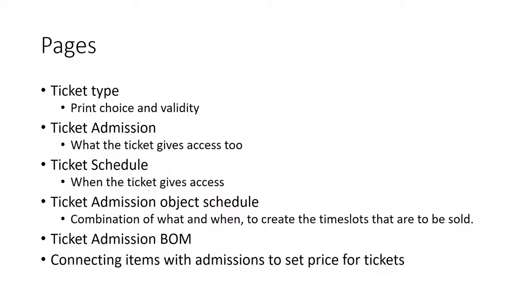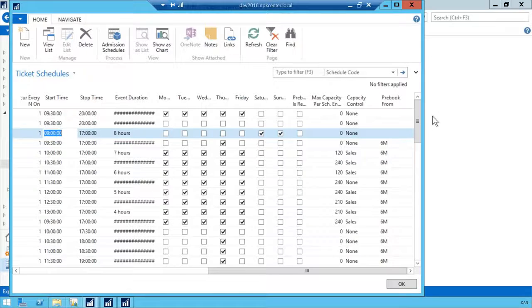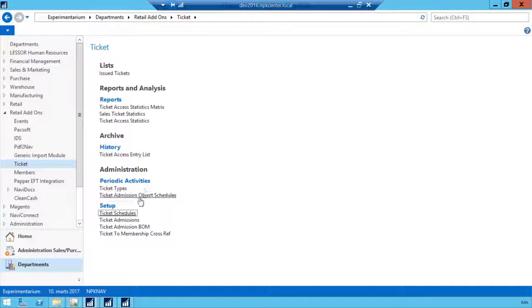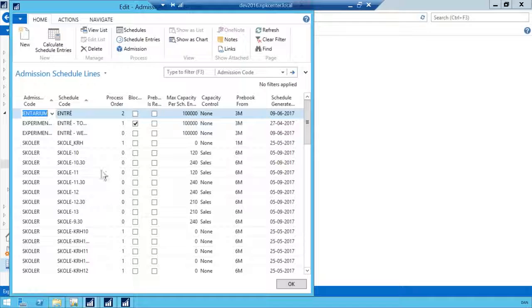And the ticket admission and the schedule, so what we have access to and when we have access to it, is combined in this ticket object schedule. So it creates the time slots that are actually being sold. Let's have a look. For this one, for the general entrance, we've got the admission code Experimentarium, we've got the schedule code Entrée,